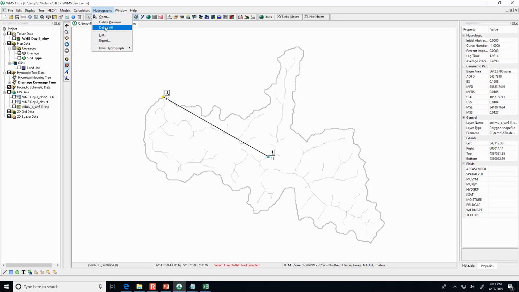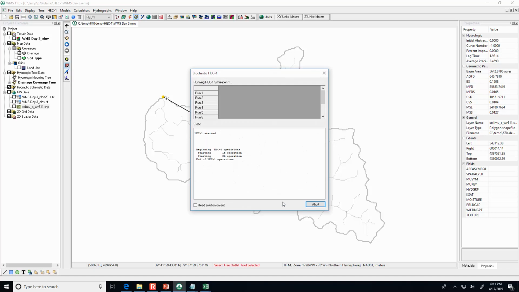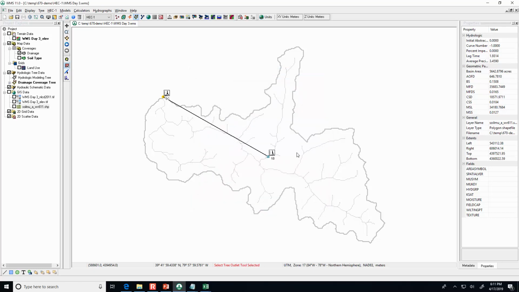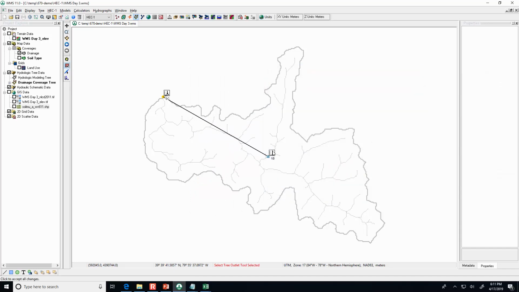So hydrographs, delete all. And then we can run the stochastic model. It'll go through the 10 runs. All right, finished. And if I open up the hydrograph,